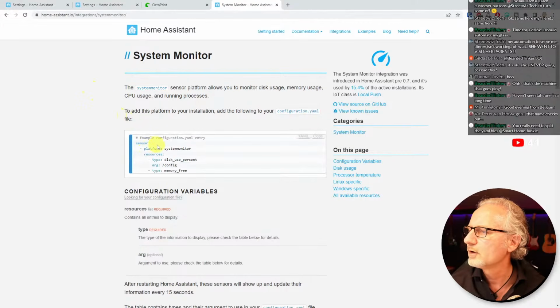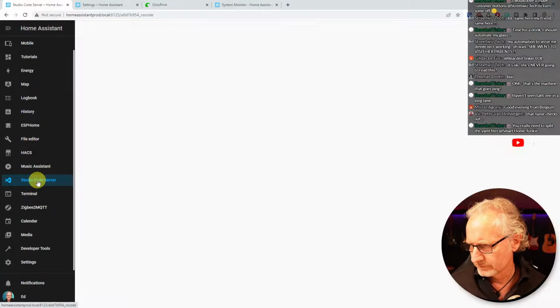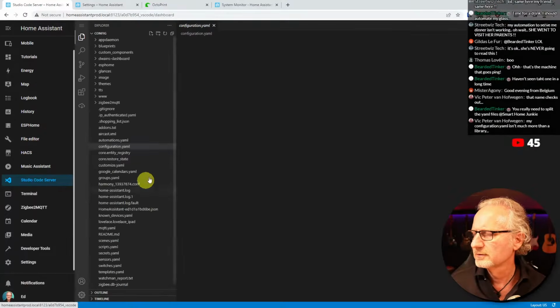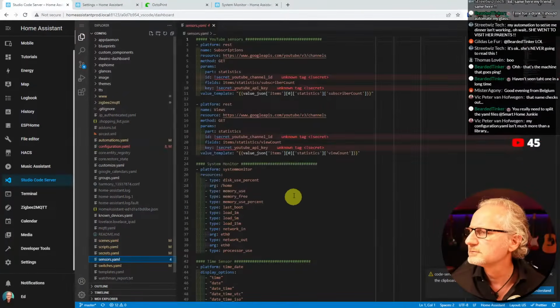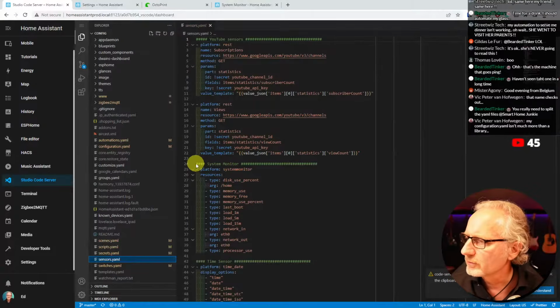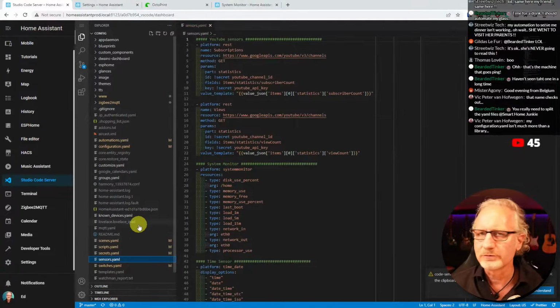Yeah, it is. Oh, it is in sensors. Yeah, it's probably in my sensors. So if I go to Studio Code Server, and then I have this sensors.yaml file. Yeah, there it is. So what I did, and I think that's good practice to do, is that you cut